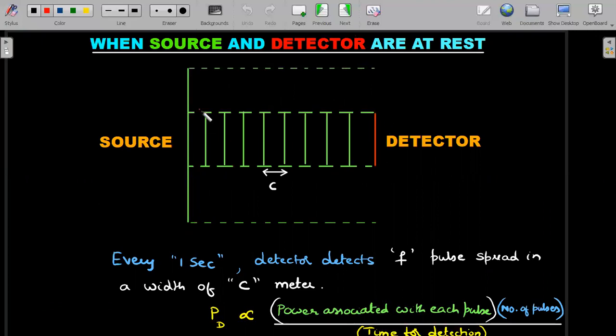What I'm depicting here is the source wavefronts which are coming out, which will engulf this entire area here on the plane, are not important. Only the part which is in the area of the detector is important. So I've drawn only those wavefronts you could see.